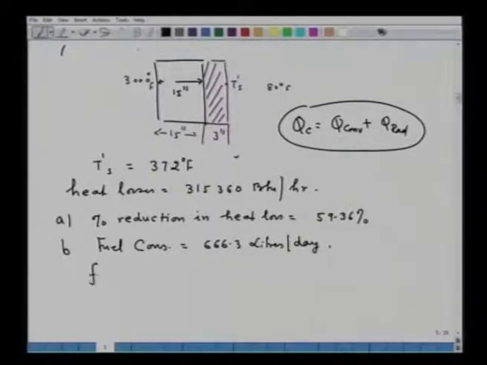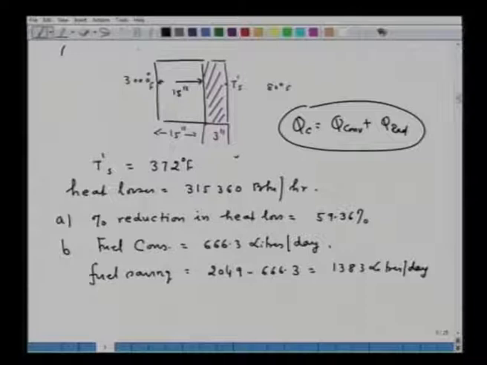So, fuel saving now as a result of this particular measure, that means addition of 3-inch insulating thickness, the fuel saving is now 2049 minus 666.3, that is equal to 1383 liters per day. So, that will correspond to, at the rate which I mentioned, around 69,137 rupees per day you are going to save by putting an extra insulation, and if you can convert on